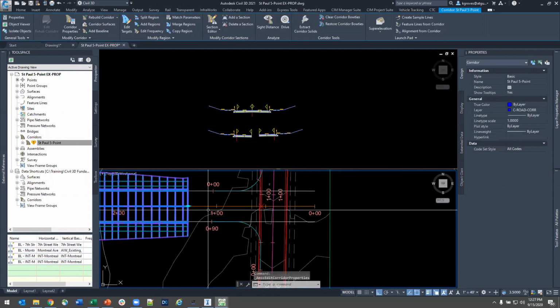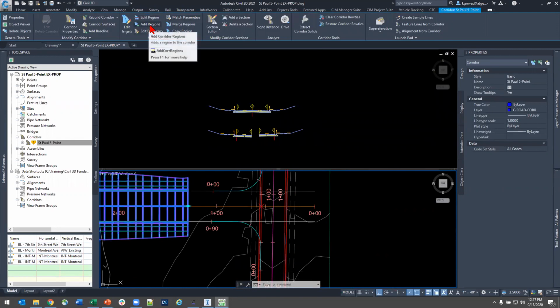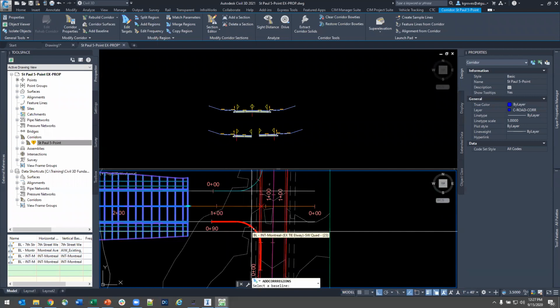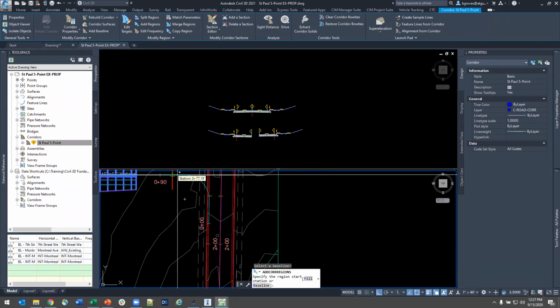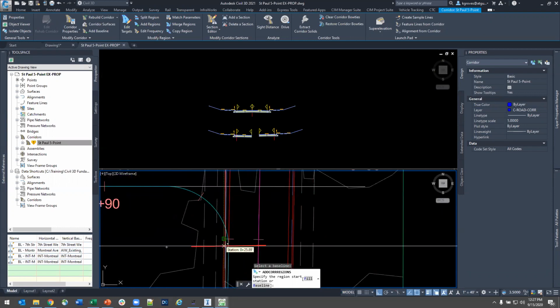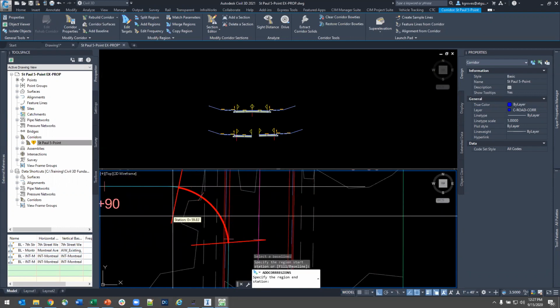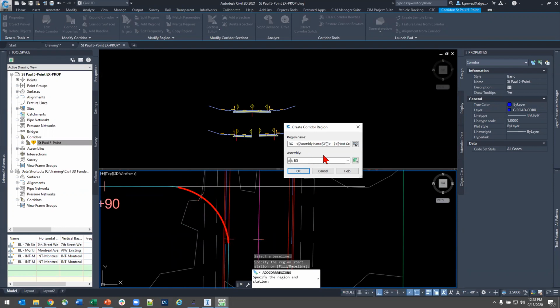I do generally prefer to use the ribbon as opposed to the main corridor properties dialog box for all my corridor editing. It just makes life a little bit simpler. So now it's time to add a region, and I'm going to choose my baseline for the southwest quadrant first. And I'm not even going to worry about making my way all the way through. I'm just going to pick a region kind of on the inside of that curve,